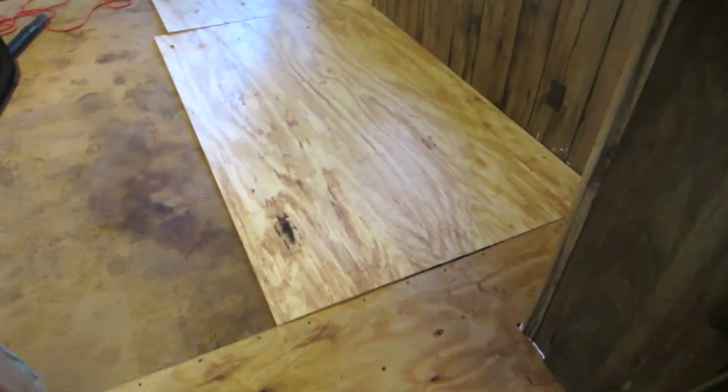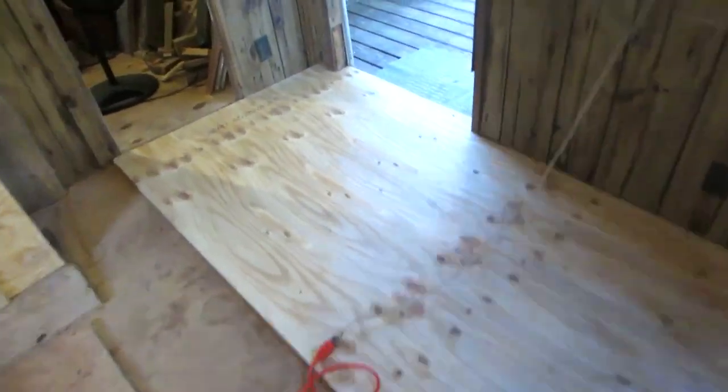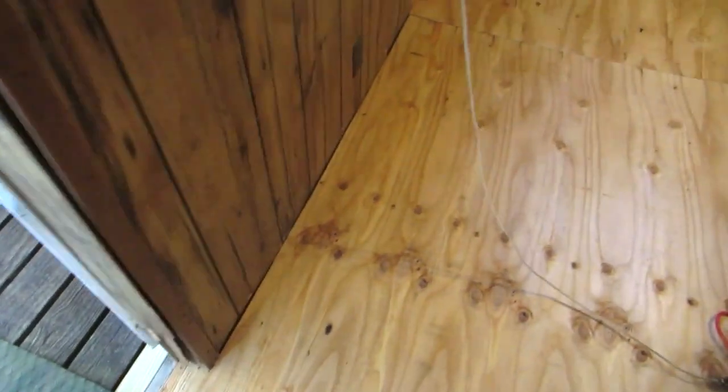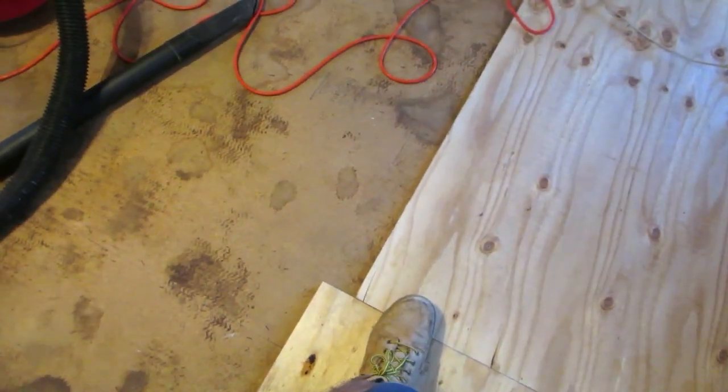Okay, so my first piece is cut nice and tidy. Right up in the corners, up against the wall. Here's my second piece, which I cut at 79 1/4 inches. But as you'll notice, I got to cut that 3 inches off the edge. So I want a nice flat